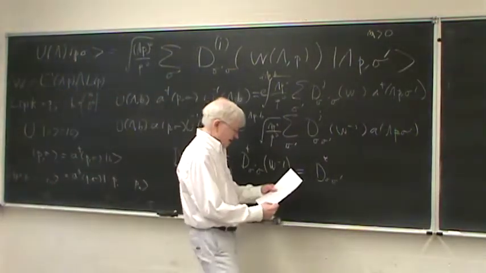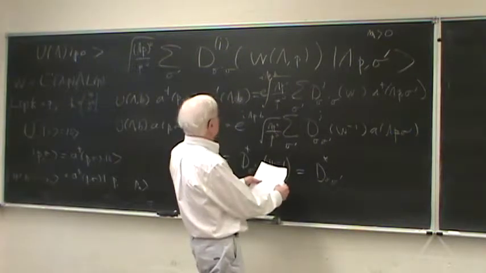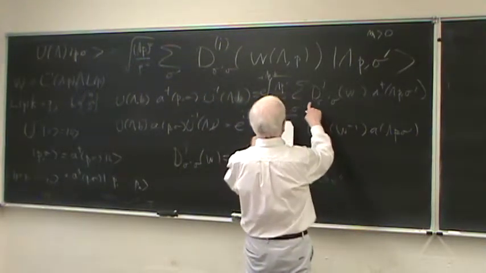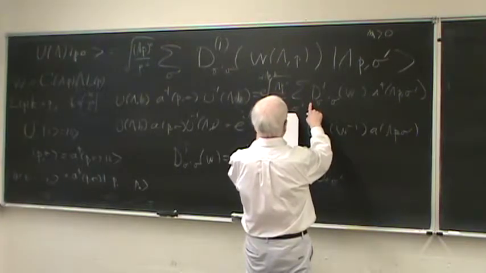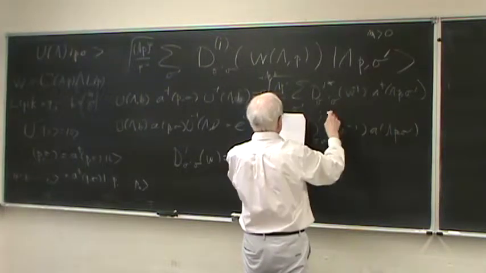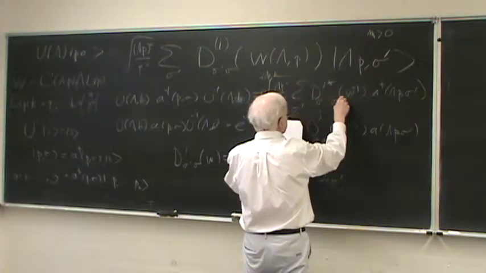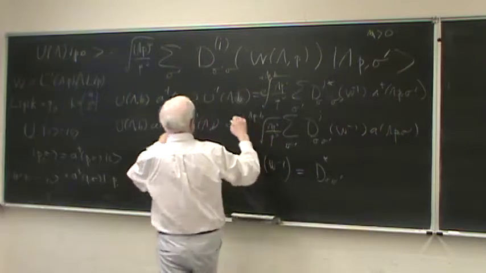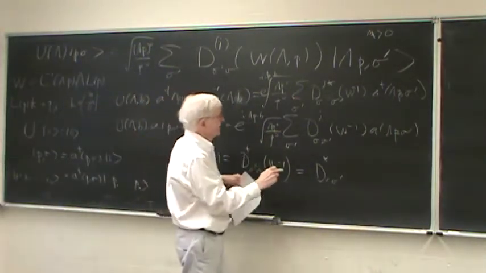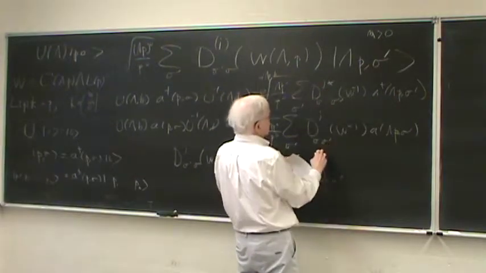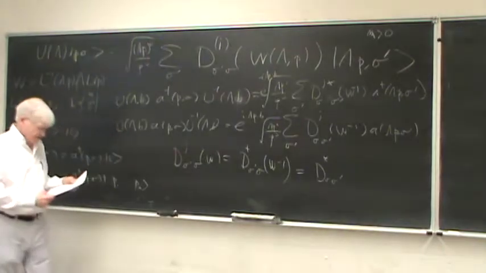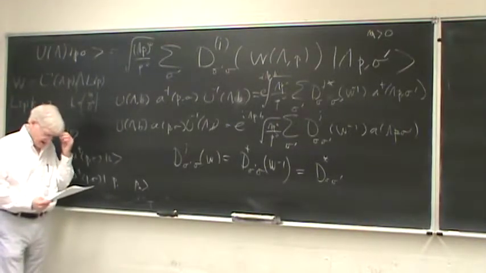So consequently, when we get to, all right, let me get to the right part of this stage. If we have D_j star of W inverse, it's σσ'. And so now if we take the adjoint of that equation, we get a plus sign here, and here the complex conjugation goes away, and we simply get that. So those are equations 8 and 9.